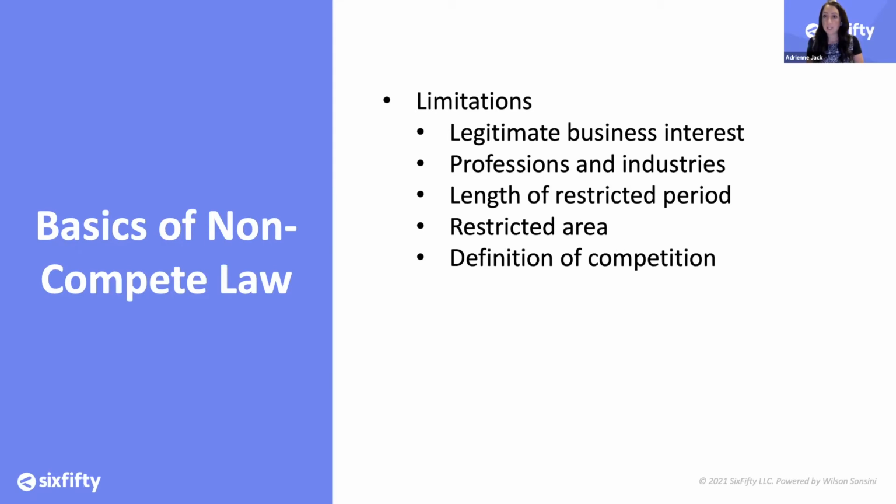For example, for executive or senior level employees that are involved in company-wide high-level strategy and decision-making, the company might be able to restrict that employee from competing in all geographic areas where the company does business. So the entire scope of the company, wherever that company's footprint is, they might be able to enforce that against a top employee such as a C-suite executive. However, for most employees of a company who don't have that same company-wide high-level role, the geographic area should be limited to those areas where the employee worked or provided services for the company. So it shouldn't apply to every place that the company does business, but specifically where that employee was working, and tailor it accordingly.